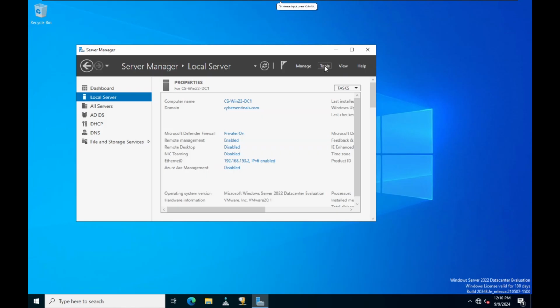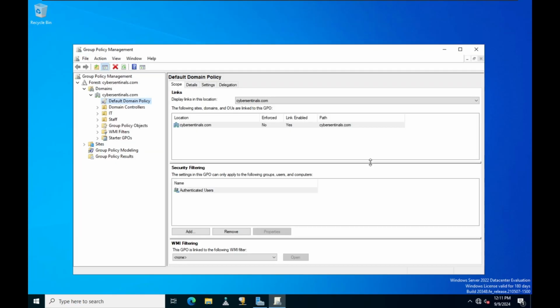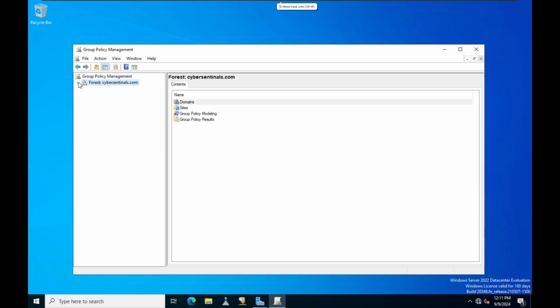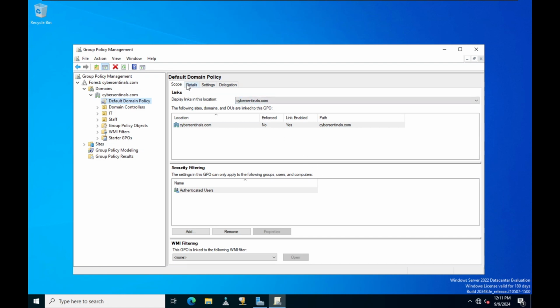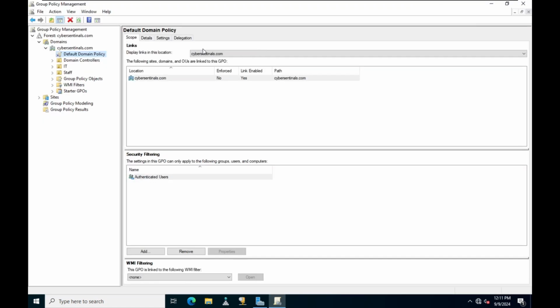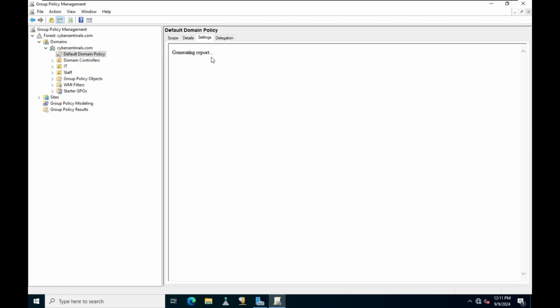Let's jump into it. For that, we go to Tools, Group Policy Management. So you will see only forest like this. So go into the forest and domains, and then Cyber Sentinels or whatever the domain you set there, and the default domain policy. Okay, you will see this, and here, let me maximize it first. In settings,